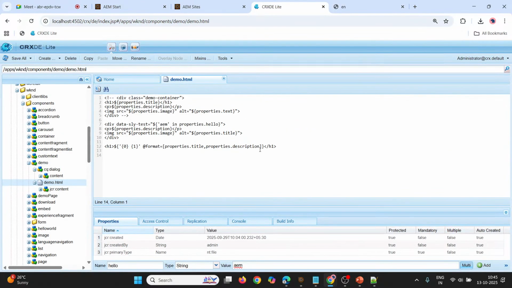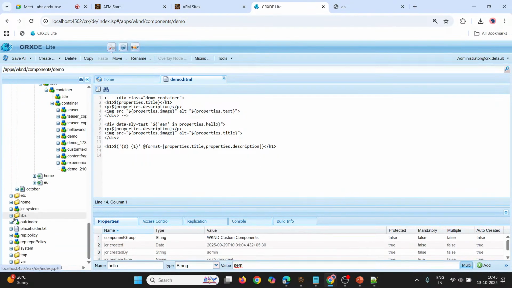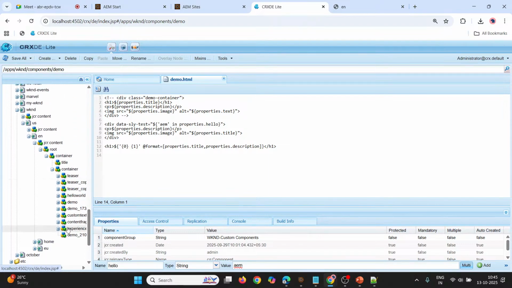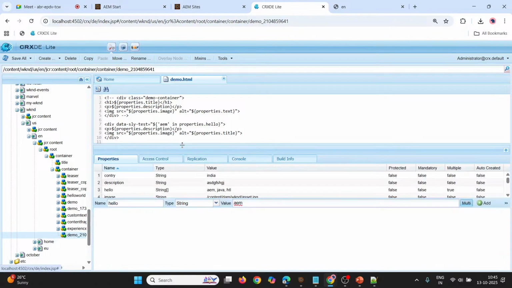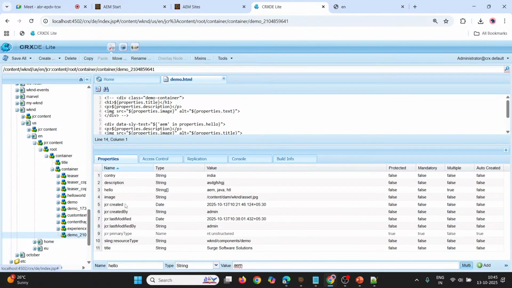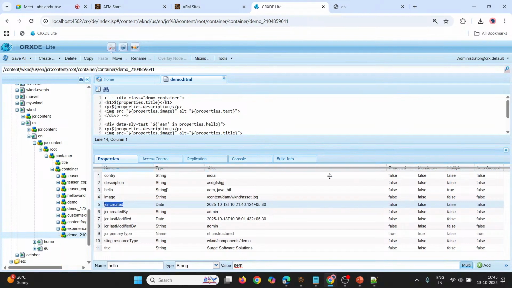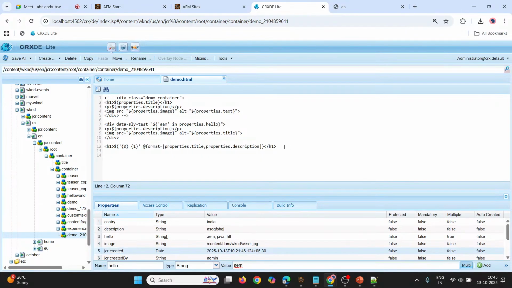So maybe I want to print some date. Okay, as I said before, every time when you are creating something or adding, at the content node, one property will be created. So jcr:created, which will contain some date. jcr:created is one date property we are having. If I want to print this date property, I can't print it directly because HTL does not allow a date format directly. So I want to print a paragraph